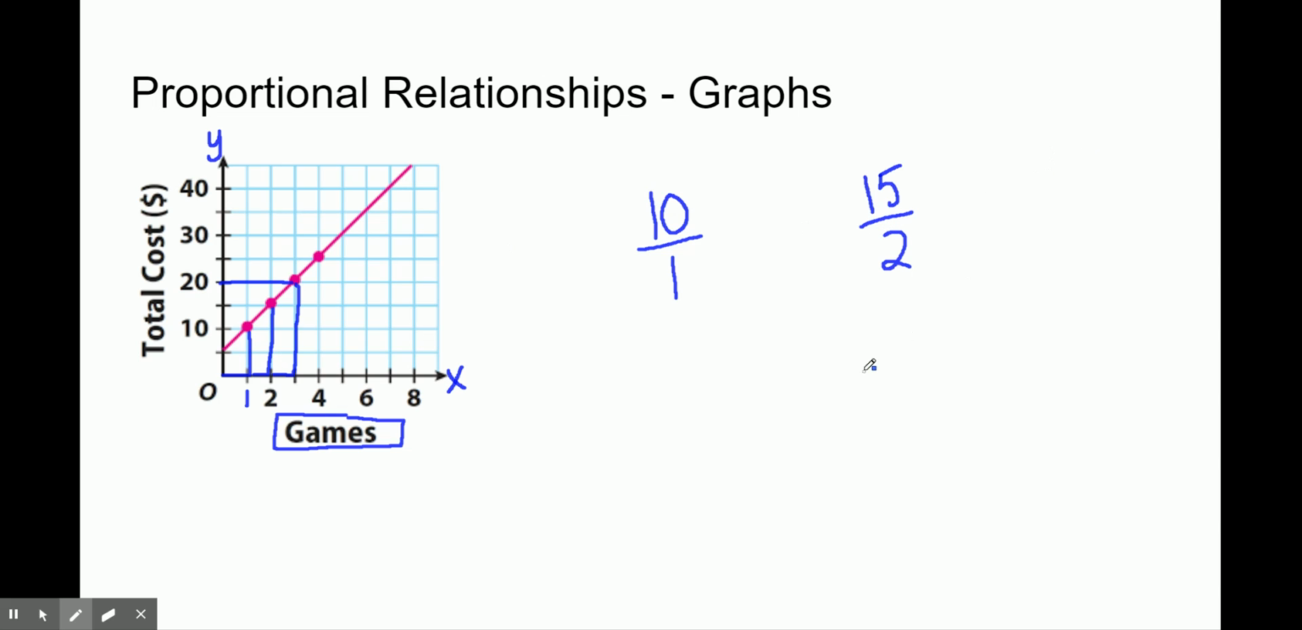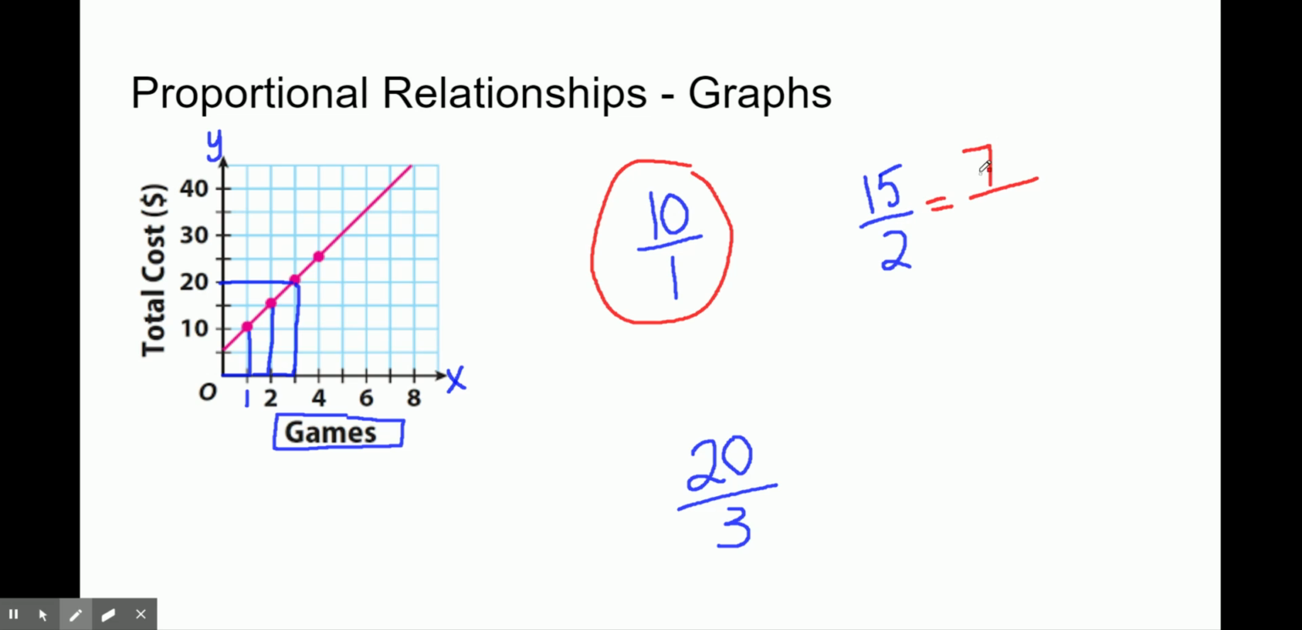So we're going to look at these 3 rates and see if we have a consistent rate. So our first rate, 10 over 1, cannot be reduced, so that's our rate there. Our second rate, 15 over 2, we could reduce down by dividing by 2. We'd wind up with a fraction, but it gives us a cost of $7.50 per game if we bought 2 games. And with our third rate, we could divide this one down by 3, which again is going to give us a decimal, but we were looking for that unit rate of how much the cost is per game. So this would be